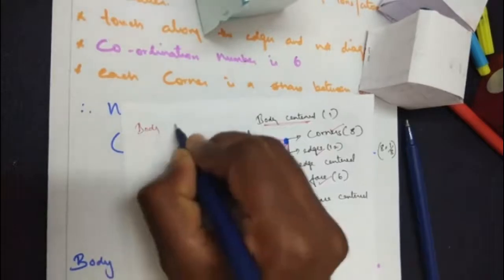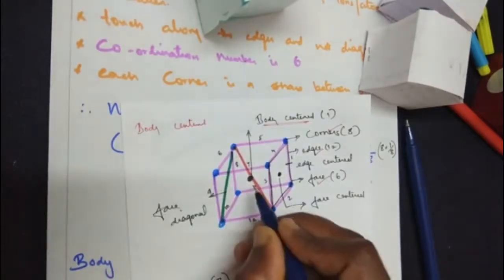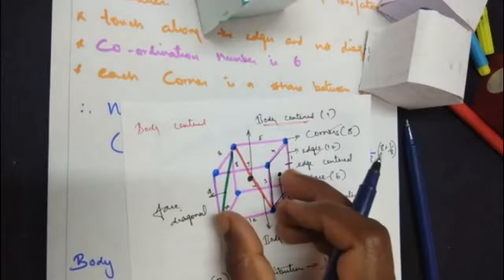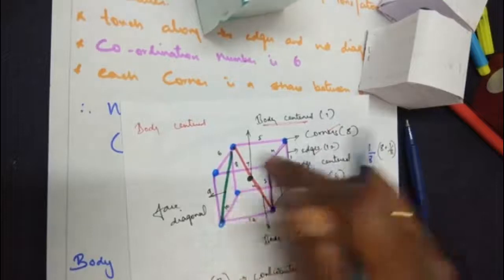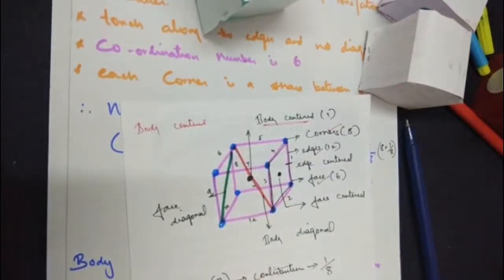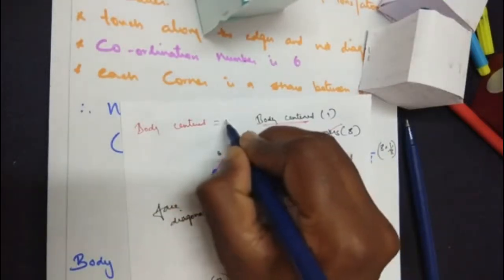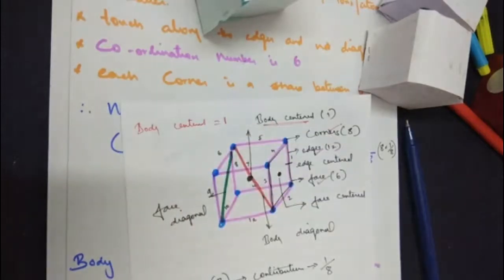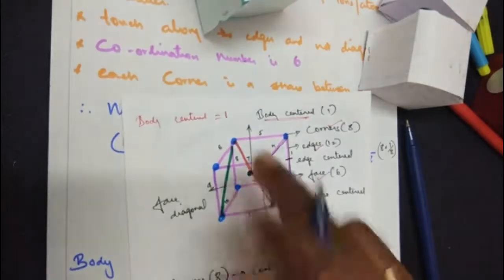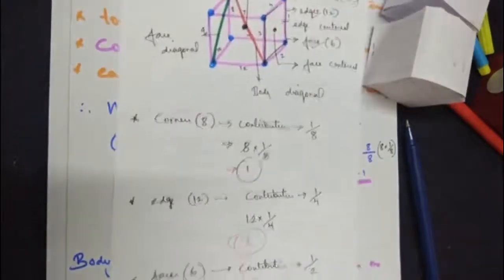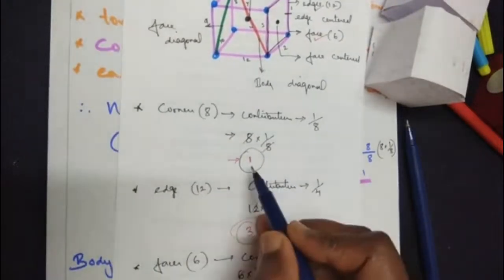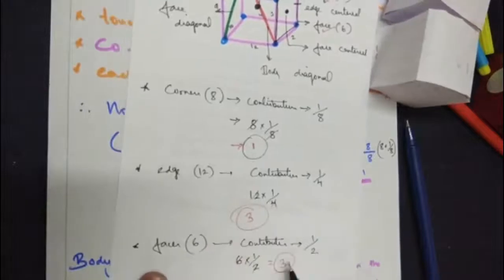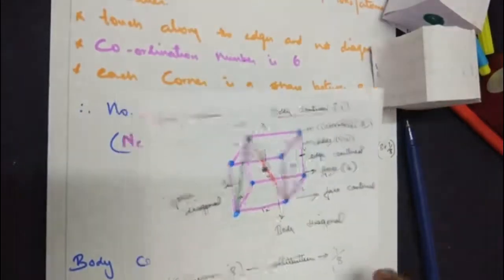Now when we say body centered, how many atoms or particles are present in one unit cell? Only one. And this one is not shared, it belongs entirely to the unit cell. I will tell you when we calculate the numbers. So the body center contributes one unit or one particle entirely to the unit cell. So these are the 4 little calculations you have to remember. By the corner, it's 1 by 8, edges 1 by 4, faces 1 by 2, and by the body center only 1.